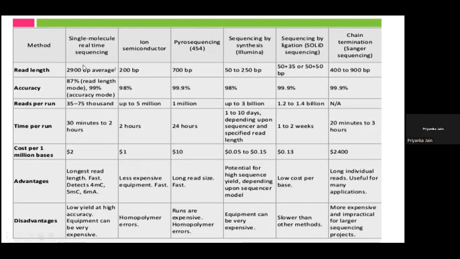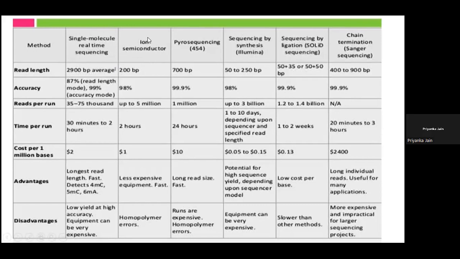I am comparing why they are different from each other. These all are doing sequencing, but the method is different. Like single molecule real time sequencing, SMRT, which is used by the PacBio machine, which produces